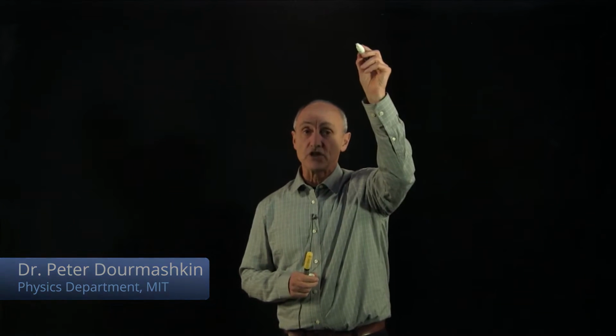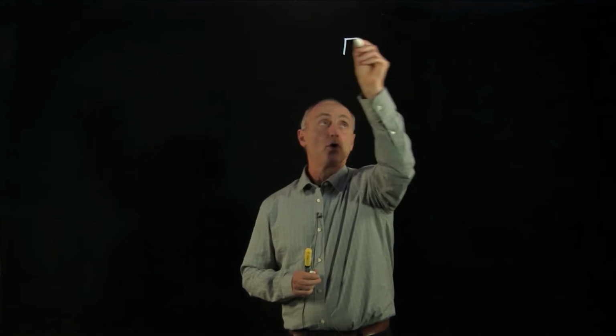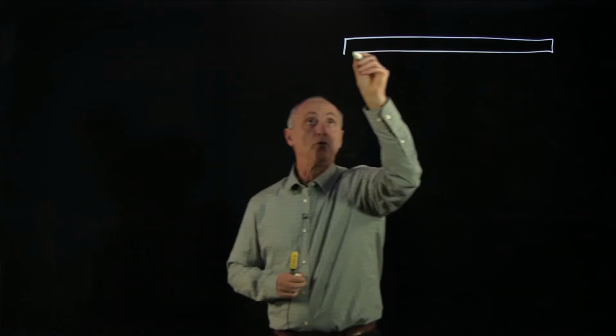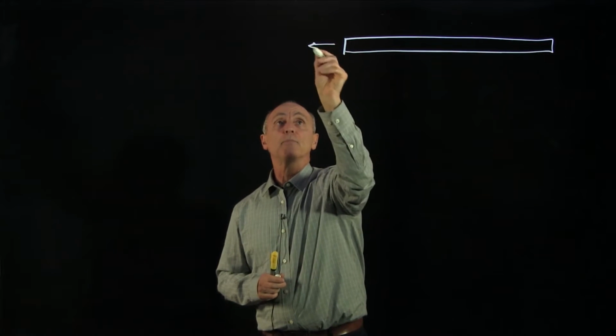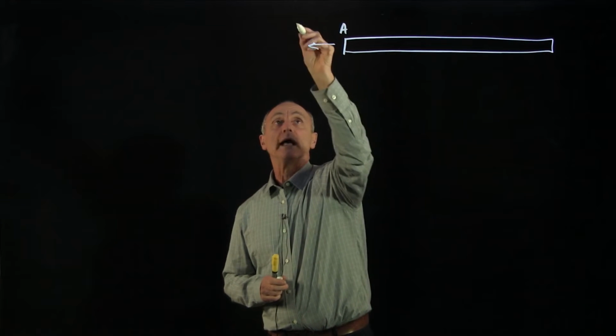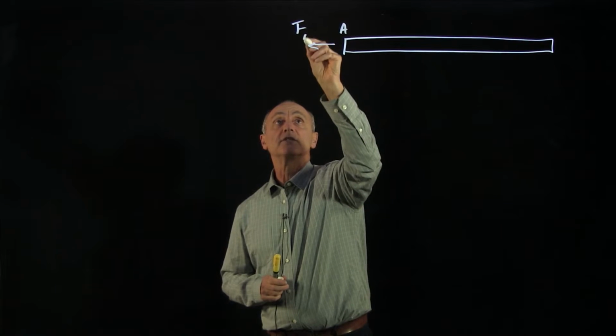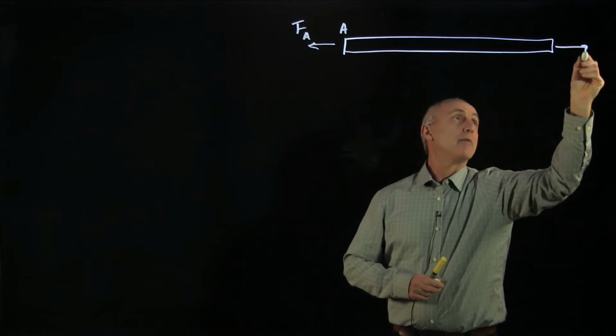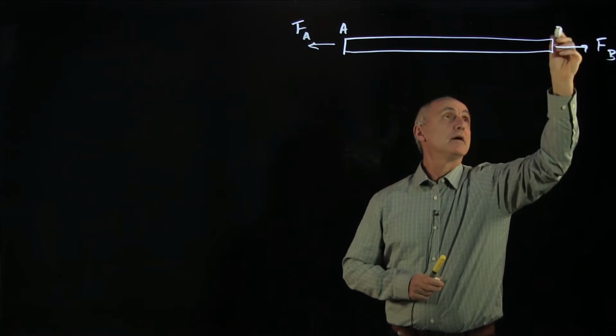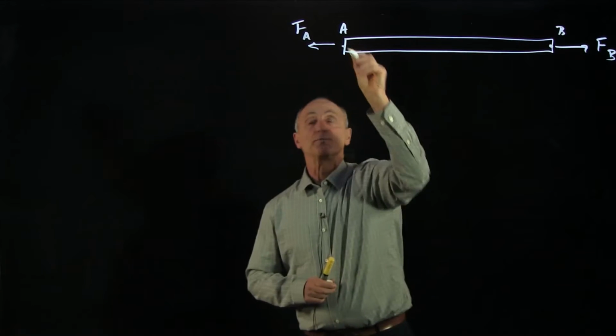Today we'd like to discuss tension in a rope. Under what conditions is the tension uniform? Recall that if we had a rope and we were pulling at one end, we'll call that end A, with the force A, and we pull on the other end B with the force B, that